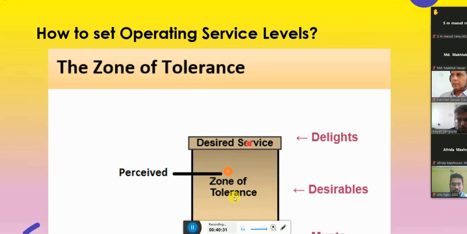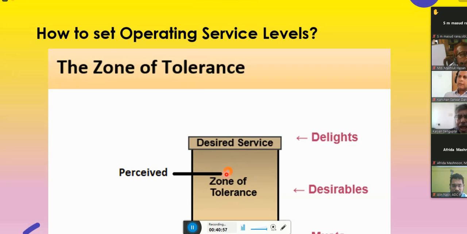If you think of yourself as a consumer, there can be a desired level of service. That means what you feel that you expect. Out of say 1 to 10, maybe I expect 9, but here I am getting only say 7.